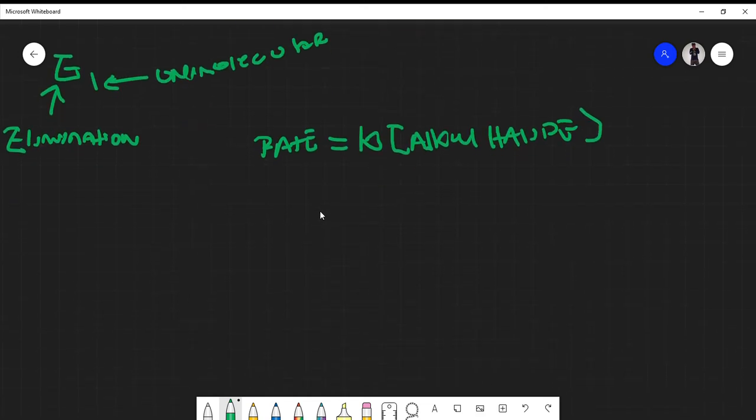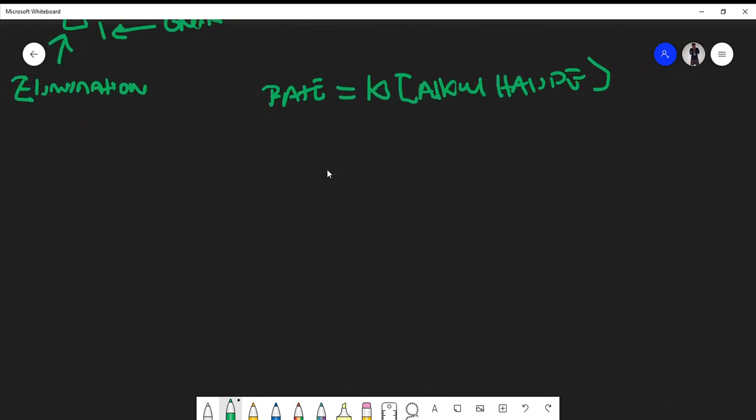So let's look at a general E1 reaction. Typically for E1 reactions, we usually do these on tertiary alkyl halides. The base in this case is usually also weak, right? So we do not use strong bases in E1 reactions. E2 reactions, we use strong bases. E1 reactions, there's usually no strong bases. So if you look at this molecule as an example,